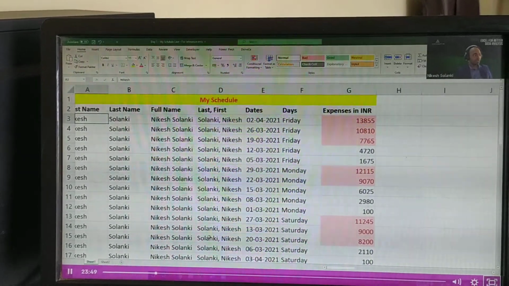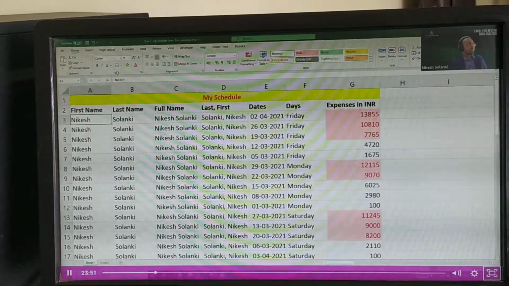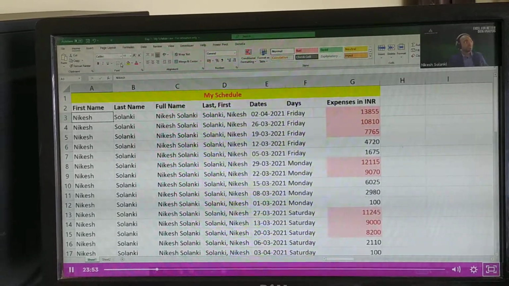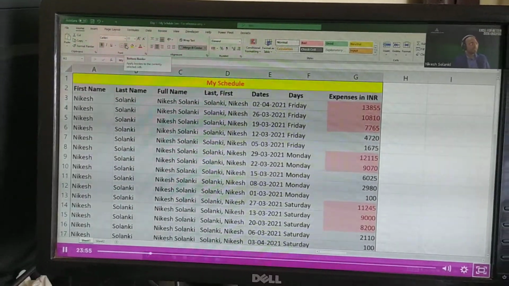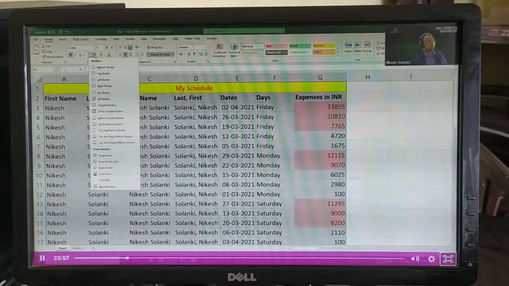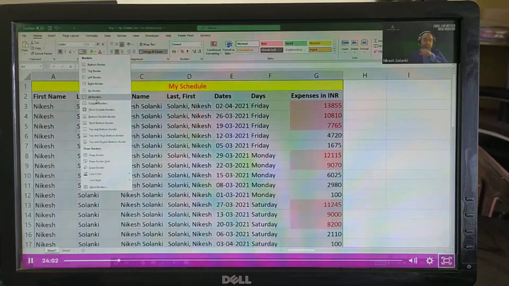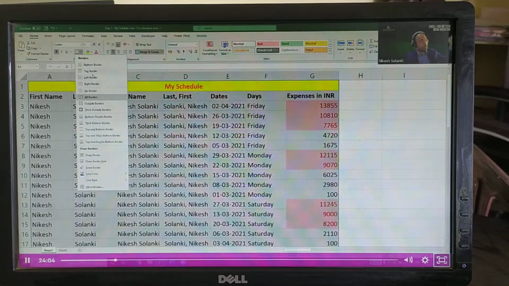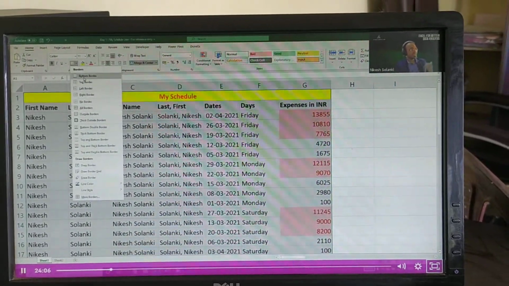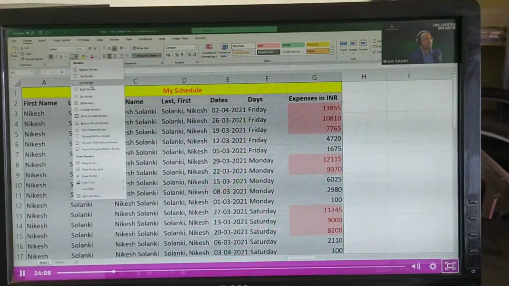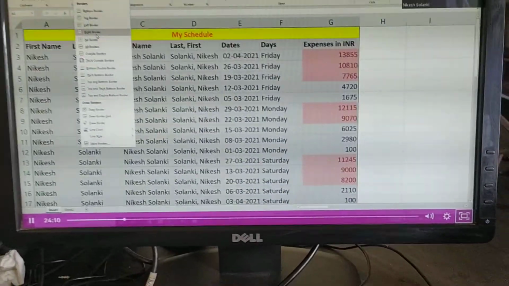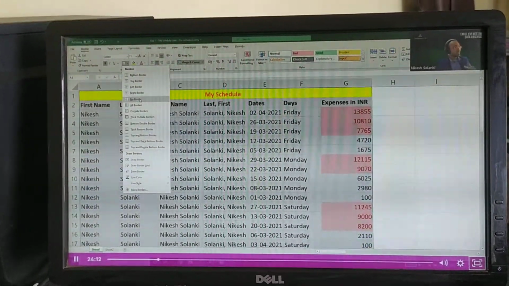So to make this cell more beautiful, I'm going to put borders to this table. So I'm going to select this complete table, and next to the bold, italic, underline option, there is this option too. There is an option where you can put borders. You can select any border. So there is a bottom border, top border, left border, right border, etc. My favorite is the simple one, all borders.